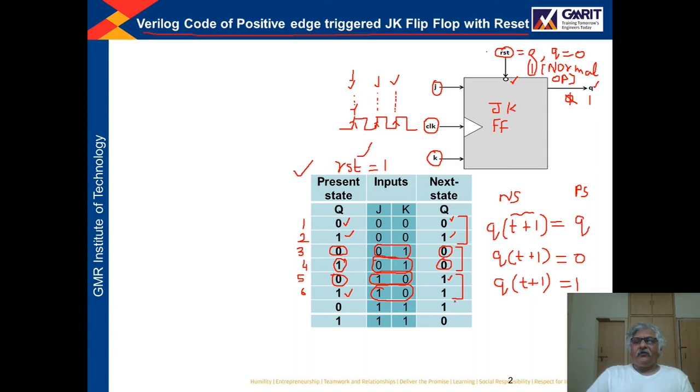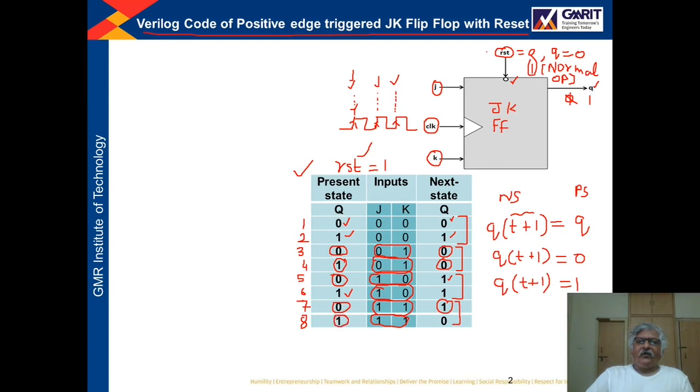Now come to the last two rows of this truth table, row number 7 and row number 8. In these two rows, the J and K inputs both are 1. So in this case, the next state is the complement of the present state. You can see here row number 7. Present state is 0. So what is the next state? Next state is 1. It is the complement of the present state. See row number 8.